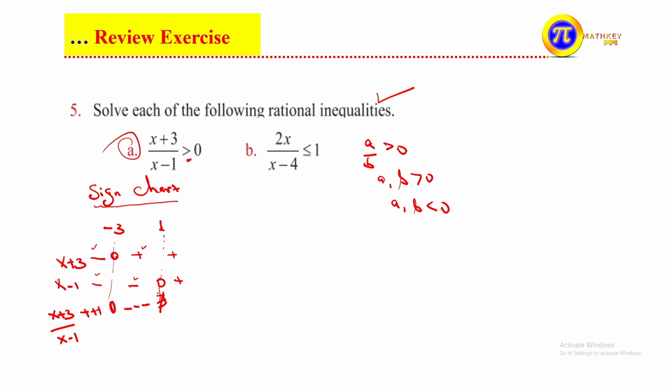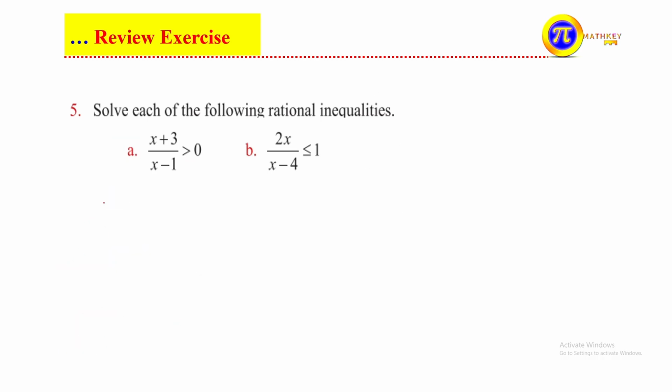ለምን? ፖዚቲቭ divided by 0 ስለሚሆን a number cannot be divided by 0 መካፈል አይችልም ብለናል። So it is undefined። At the right side of 1 ስንመጣ it is plus ፖዚቲቭ ነው ይሄኛው ፖዚቲቭ ነው። ፖዚቲቭ divided by ፖዚቲቭ it is positive። እዚህኛው የምንፈልገው ምንድነው? Greater than 0 ስለሆነ greater than 0 ማለት ደግሞ ፖዚቲቭ ማለት ነው። ፖዚቲቭ የሚሆነው መቼ ነው? Therefore the solution for our problem becomes x is less than -3 or x is greater than 1 የሚለው ይሆናል ማለት ነው።